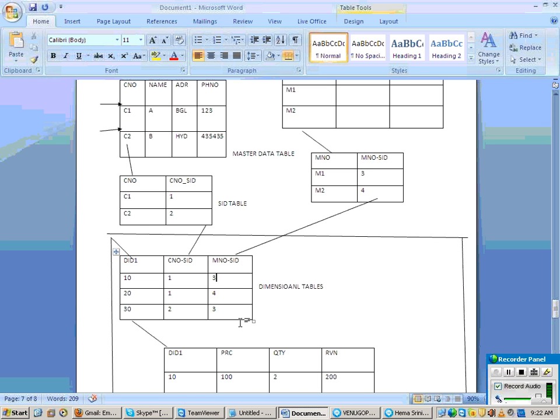Sold to party is the one who is placing the order, shipped to party is the one to whom I need to deliver my product, billed to party is the one to whom I need to file my billing. Now what is the relationship between them? It's all one-to-one only, right? So in that case, what can I do? These three characters, I can assign to one dimension.